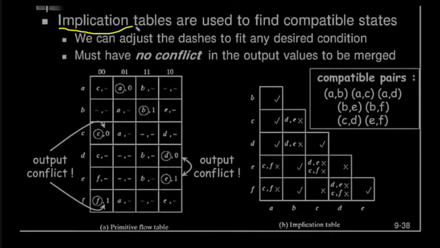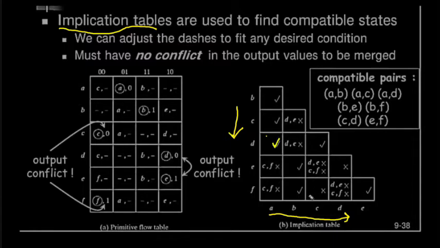The next step is to form the implication table. I write all the states except the last horizontally and all the states except A vertically downwards. Now I have to compare all possible pairs of the states. For A and D, C, don't care, A, don't care, 0, don't care, B, don't care, D, don't care, 0. We can see that there are no conflicting states, therefore A and B are compatible. So I put check marks here.